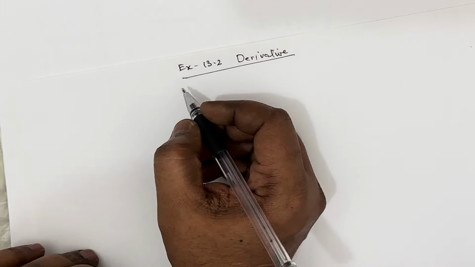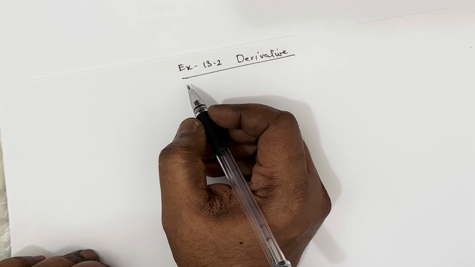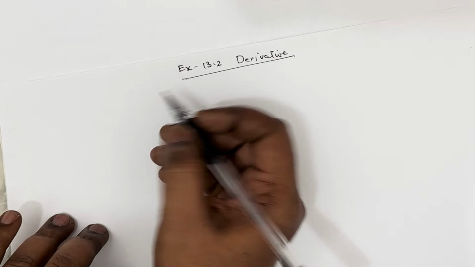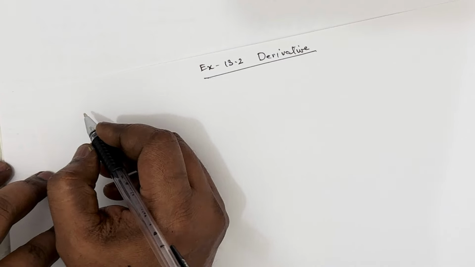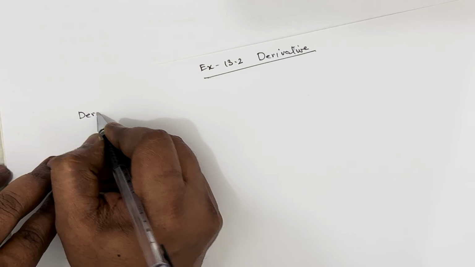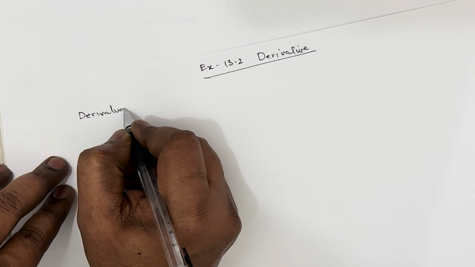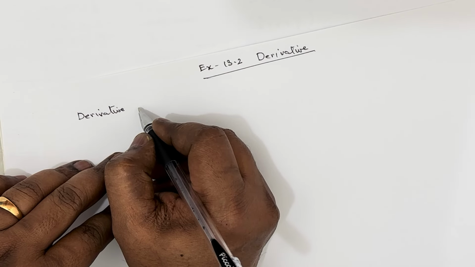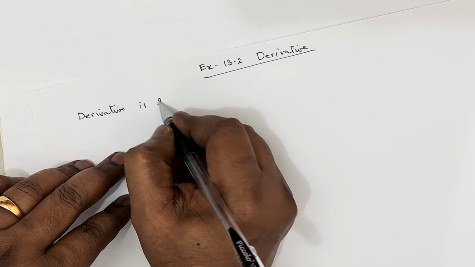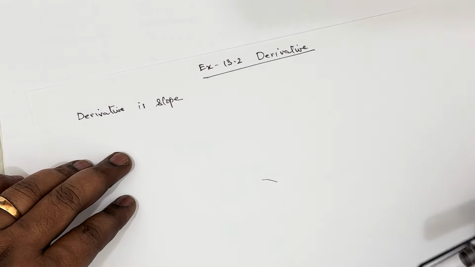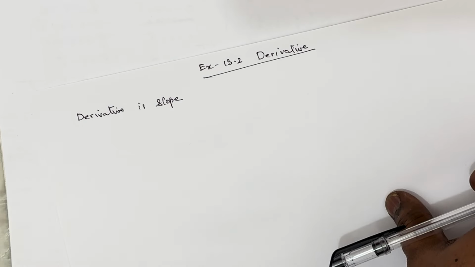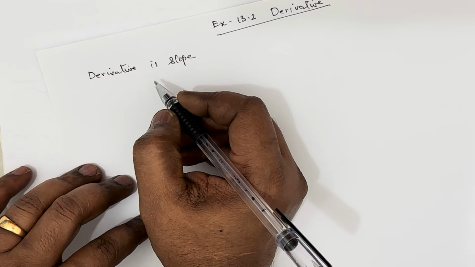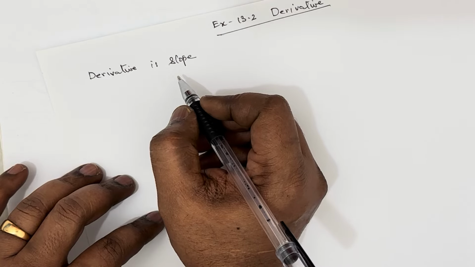Okay, let's start the next exercise. Exercise 13.2, derivative. Okay, now what is derivative? Derivative is actually slope. Derivative is the slope of a line. Now we have learned in our earlier classes, in coordinate geometry and all, if